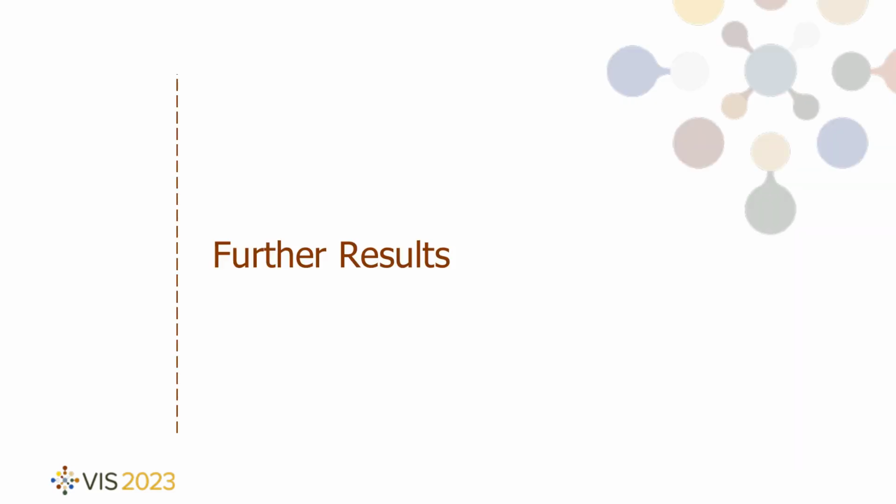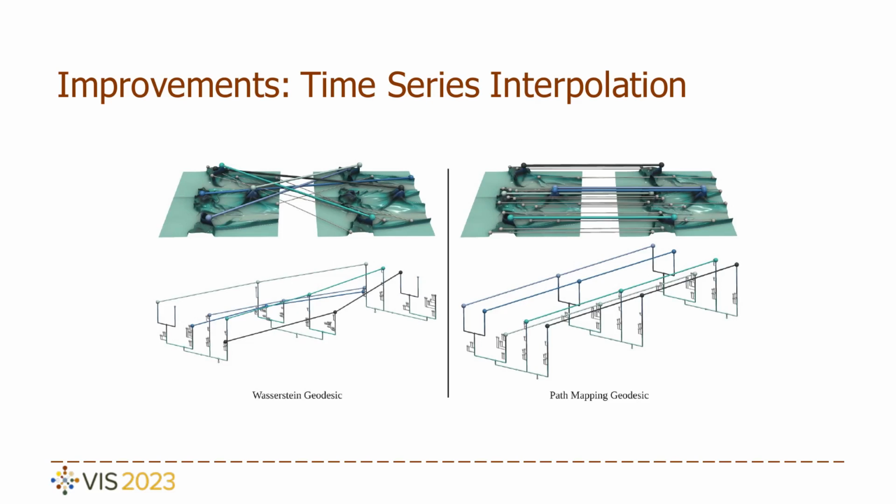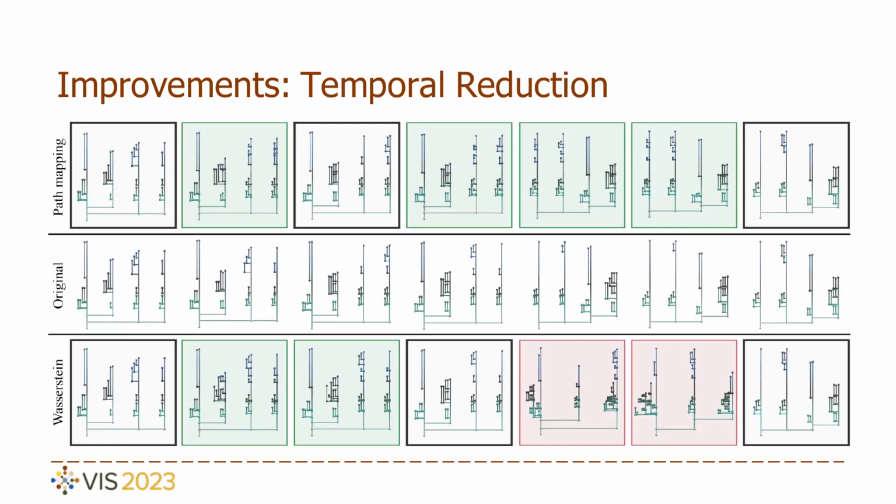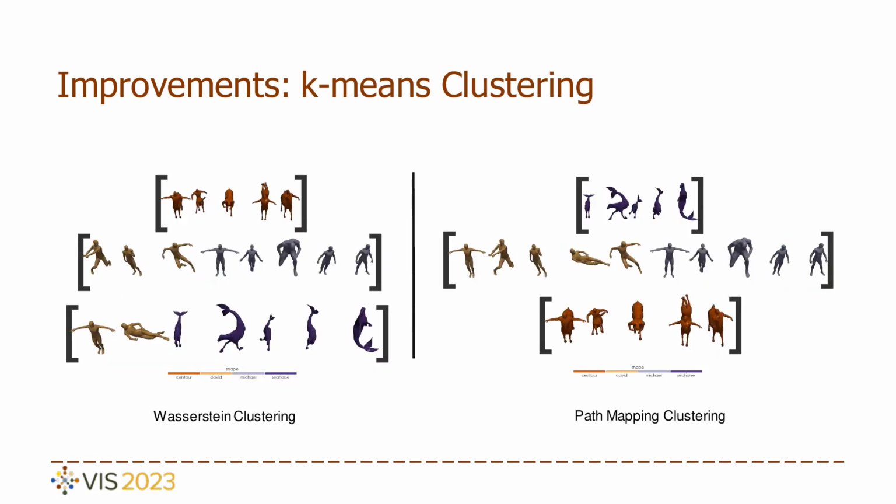Okay, so we now wrap up this talk with some quick insight into the results in the different applications. For the interpolation of time series, we get semantically more meaningful mappings and thus better quality interpolation, as you can see on the right. On the left, you can see that the Wasserstein geodesic is a worse representation of the actual data. Accordingly, in the setting of temporal reduction, we need fewer keyframes to obtain similar or even better reconstruction by interpolation. On the shape matching ensemble shown earlier,